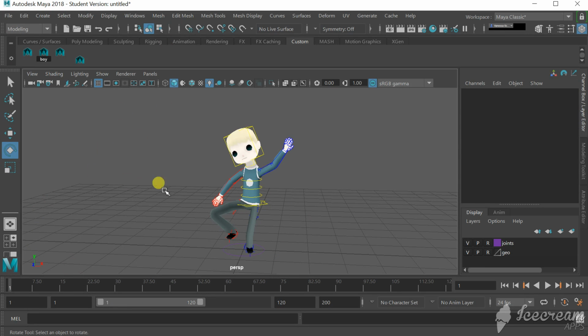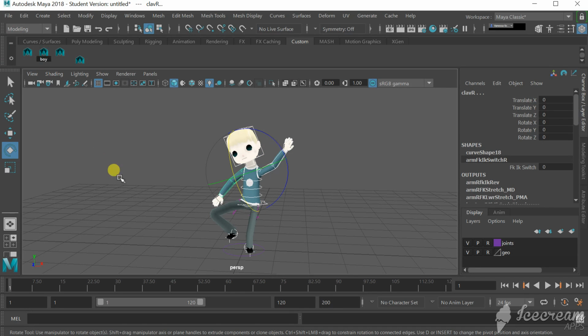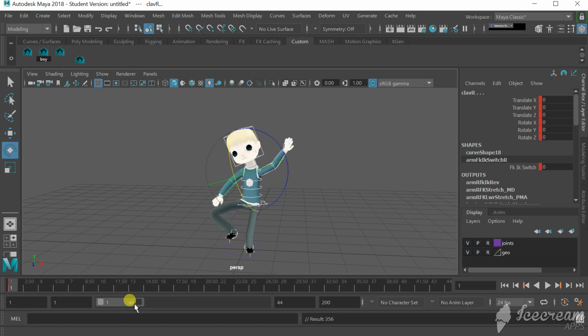Okay, we have previously created our mouse grips, so now that I've got the character positioned in the way that I want, I am going to make sure that I select all the controls and press S to make sure that that is all